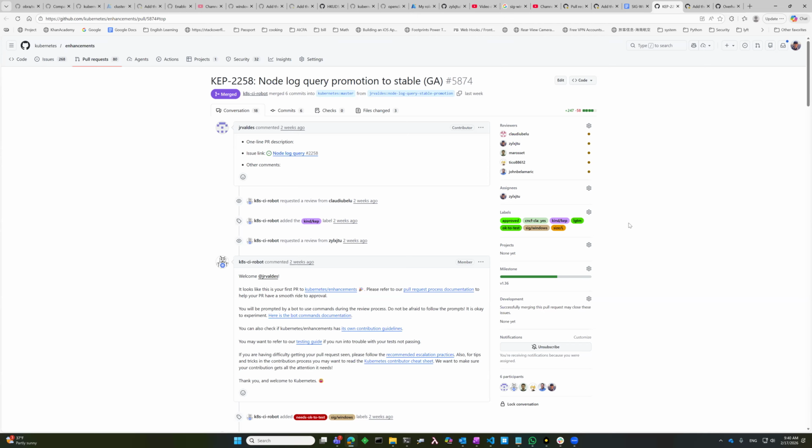It's only features that we want enabled by default when you go to GA that I think have a feature gate that defaults to true in beta. And this is not the case for this one. No, this is not the case. That's one of the agreements I had with Jordan in API review, that this feature will never be enabled by default. It'll always default to false.